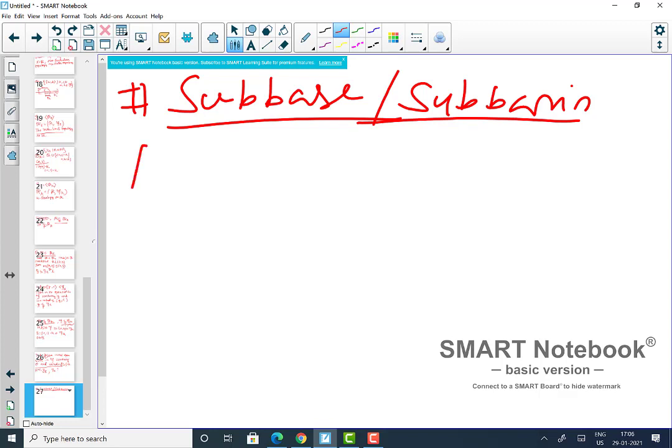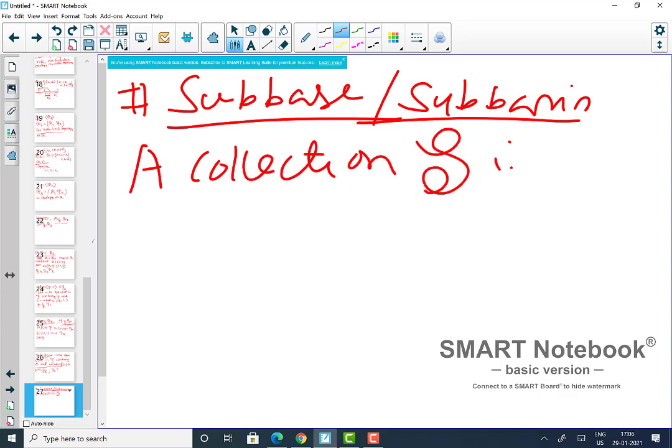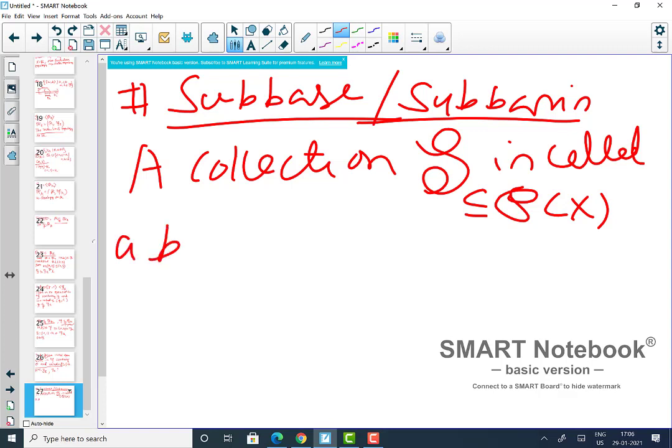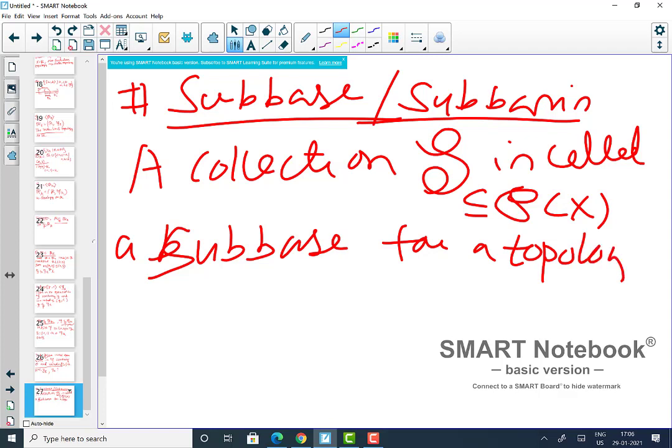A collection, and when I say collection, I mean a subset of the power set of X, where X is given, is called a subbase for a topology on X if